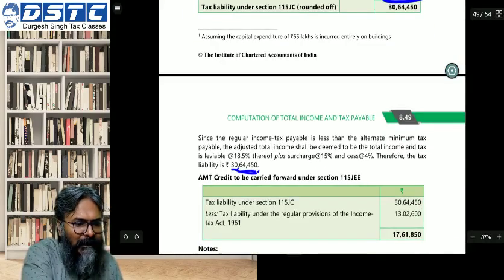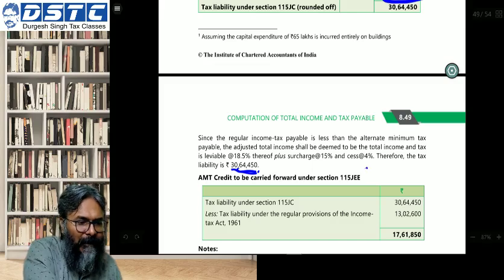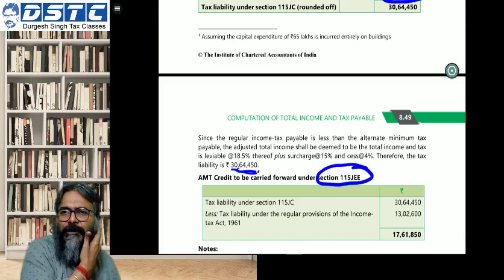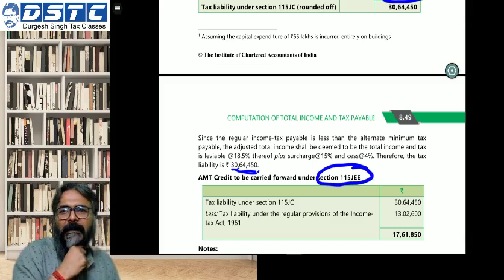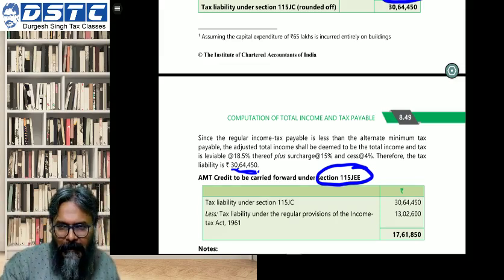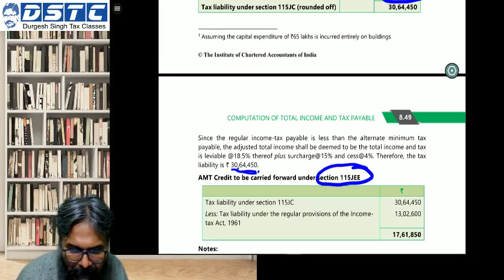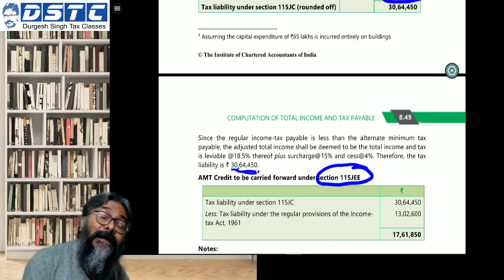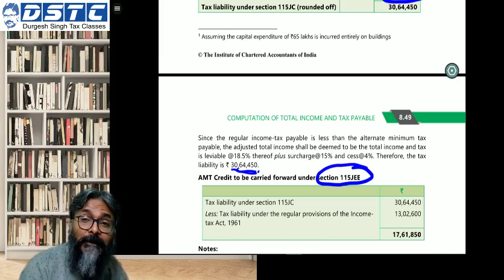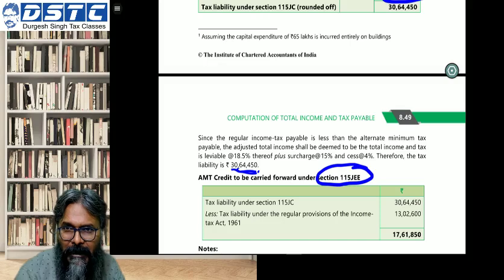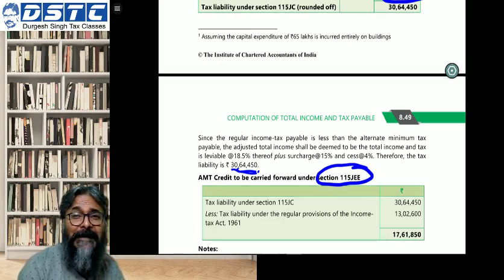30,64,450. Now there is a concept of AMT credit also. Even this can be targeted. AMT credit. What is this AMT credit? Students, this AMT credit also they can ask you. The fact that the assessee has paid an excess tax in this year. You will say, sir, why excess tax? Because his actual liability as per step 1 was around 13,02,600, but he was forced to pay the tax as per AMT,